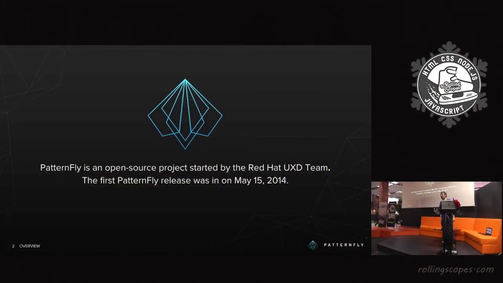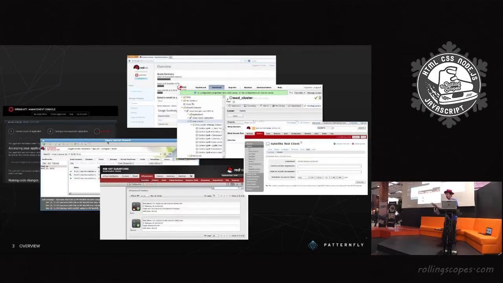This came about 2 years ago in the Red Hat. The Red Hat UX team came up with a new way of doing our UX, basically. So it's new, kind of. It's shiny and new. Okay, you've all been there.